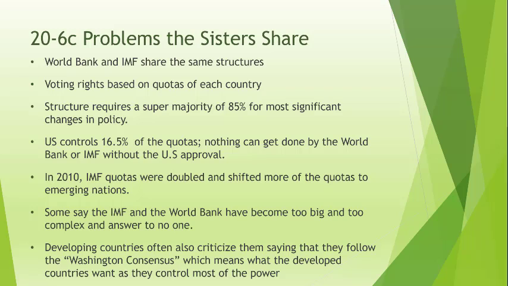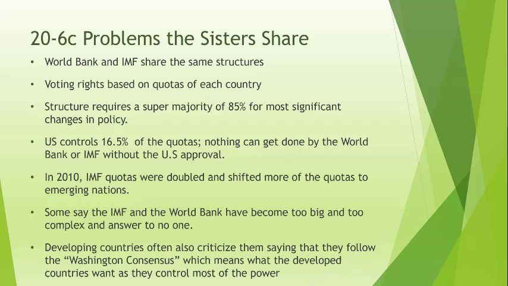The US controls about 16.5% of quotas, and quotas are the voting means to vote. And nothing can get done by the World Bank or the IMF without the US approval. The US basically funded and set up these organizations initially after World War II, because the rest of the world was in complete tatters. Even the UK, which was on the same side as the US, was in a terrible state after the Second World War. So the US set these things up, but made sure it had a lot of control over what happened,